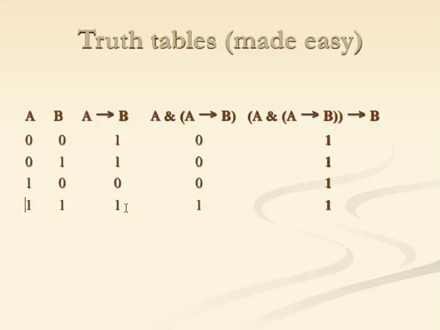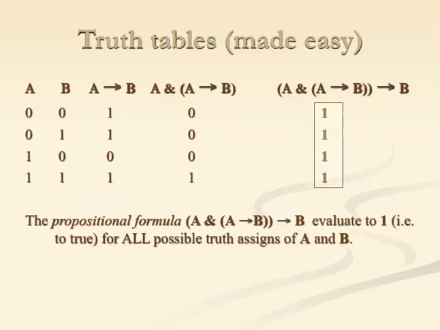And the last one, it's enough that we see the one over here, then we know that the whole thing is true, because it's true implies true. As soon as we see a true here, we know that it's true. So this was the result of our calculation. We made a truth table, and what it shows is that the formula evaluates to 1 in all cases. So it's true in all possible valuations.